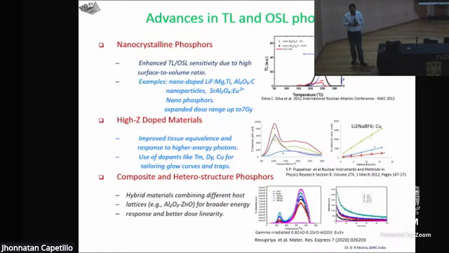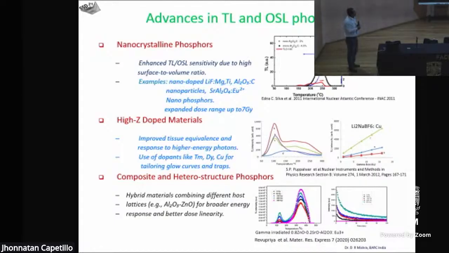Similarly, at the back end of the fuel cycle, where fuel is getting processed after burning in the reactors, we have these kinds of high energy particles and gamma. So it has definite places to work. A lot of new research is happening. Plus, people are trying to dope high Z materials to make more sensitive materials. As the energy increases, if your Z value is high, you have a better cross section for gamma energies.